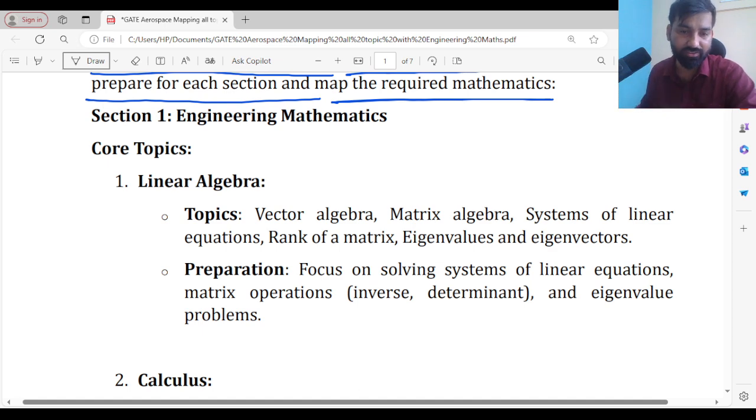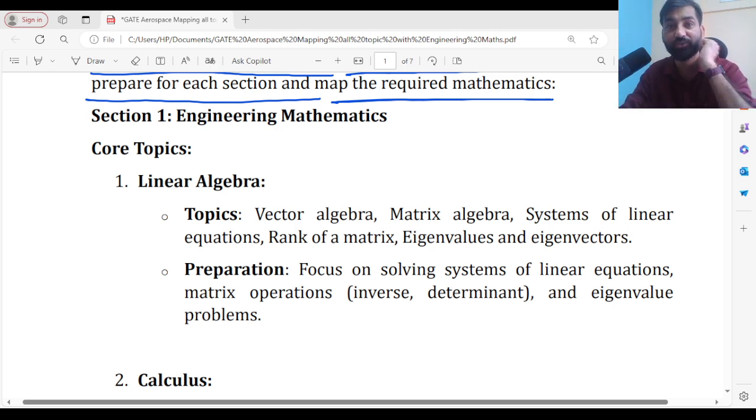In fact, I will urge all the semester-going students, those who are currently at any university or college in India doing BTech in aerospace or aeronautical engineering, they must be good at mathematics, guys, in order to boost their score in the GATE examination. They will also be good at the design part and everything, so their analytical skill must be good. The very first section that you will find in your GATE examination syllabus is engineering mathematics.